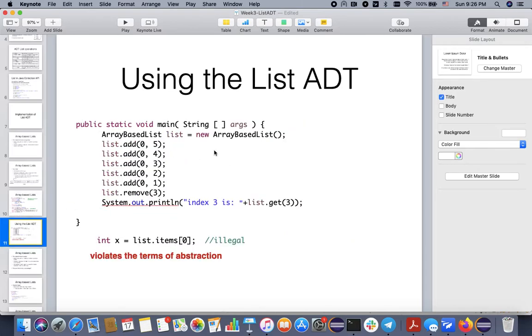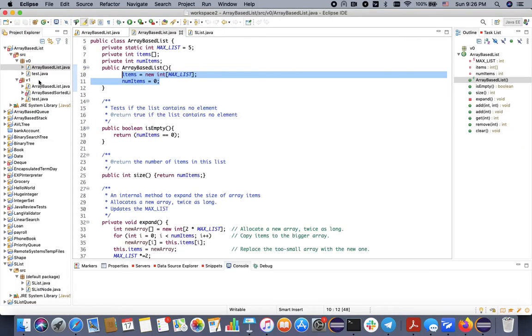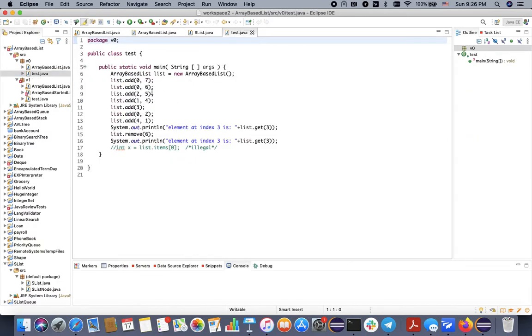In the main method, there is another, here you can see that I have written my main method in the class test. So whenever you write down your code, always add a class test and put your main method inside the class test. And be careful, inside this method main, we are just testing. So you can see that I didn't write down any part of the main class array based list here. I just wrote some test code here to test my code for me. So here it's just creating a list for me, an object of the array based list that I have created, and